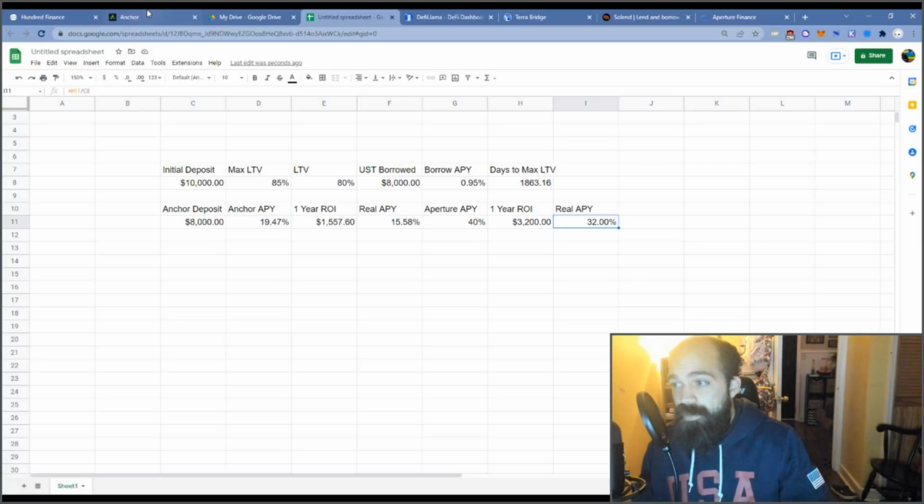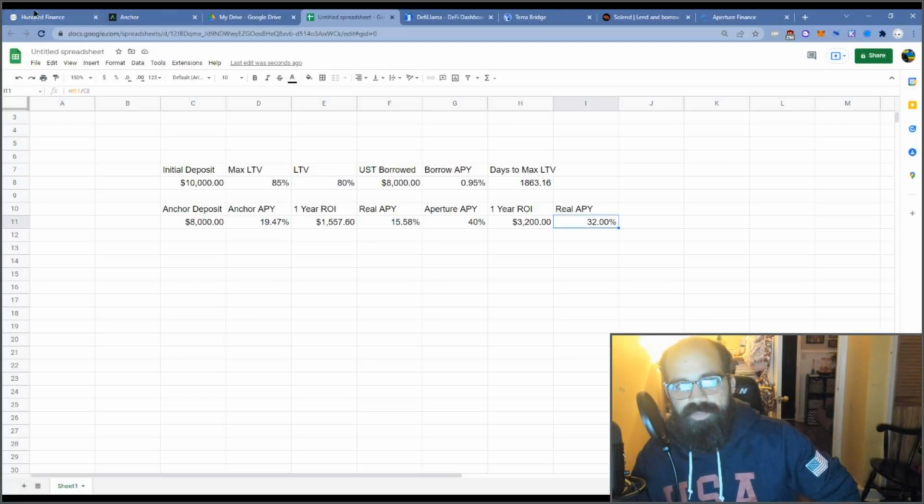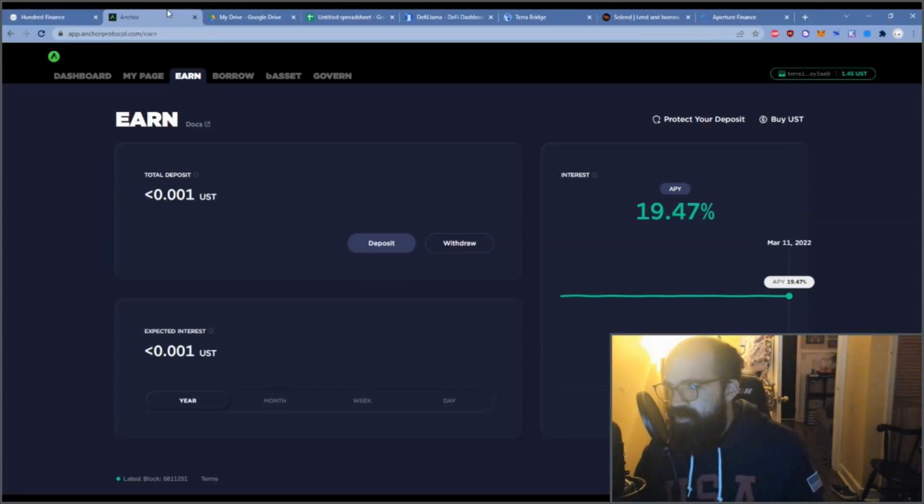So what I do want to say is what risks you are incurring. You've given up risks in terms of exposure to UST. Well, what risks did you bring on? The risks you bring on are these smart contract risks. You maintain the same smart contract risk with Anchor. Nothing changes there. If anything happens to Anchor, either way, you're going to get hurt by it. Now, Anchor has been super stable, super safe for quite a long time.